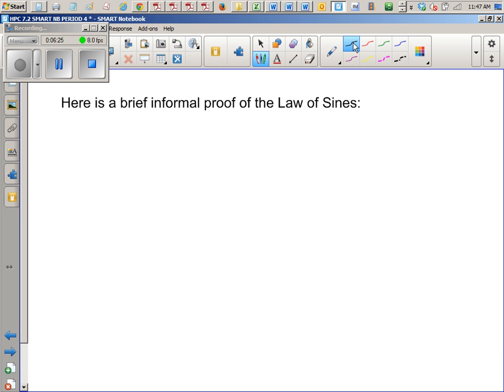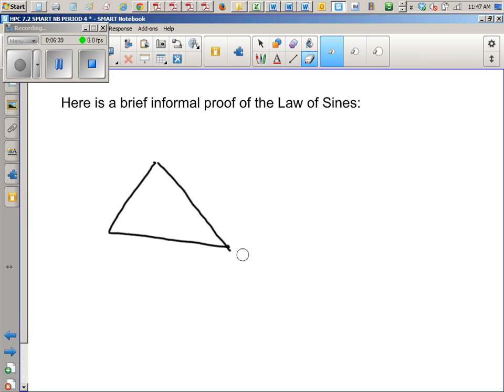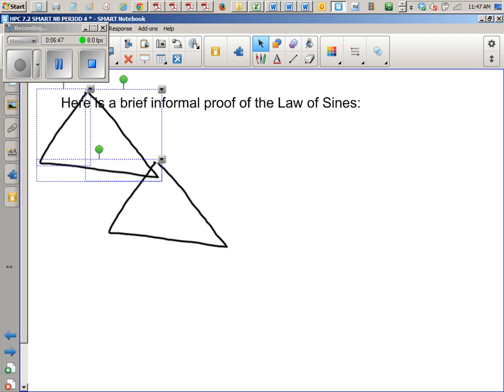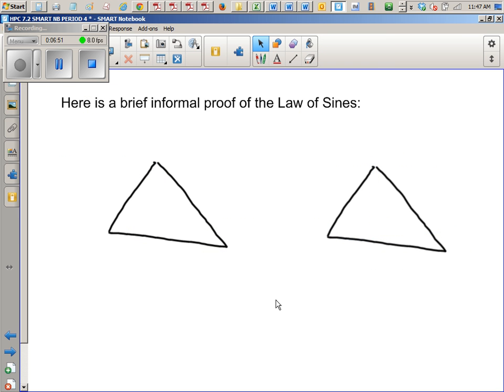Okay. So here's just a random scalene triangle. I want it to be acute, but I don't necessarily want it to look equilateral. So how about something like that maybe? And I'm going to need 2 of these actually. So let me clone that thing. Okay, so